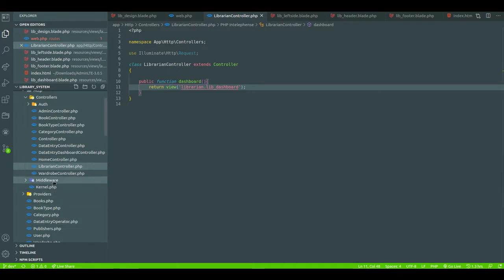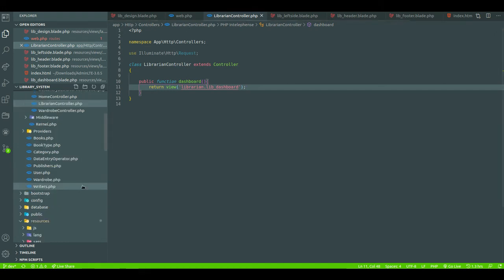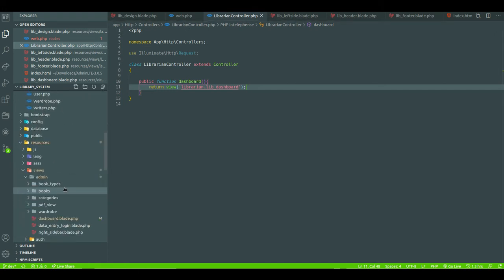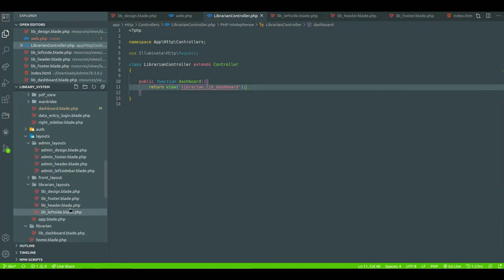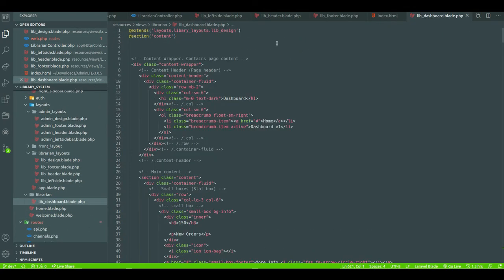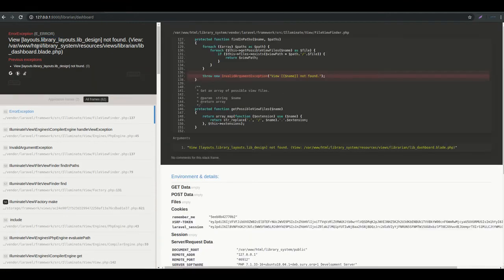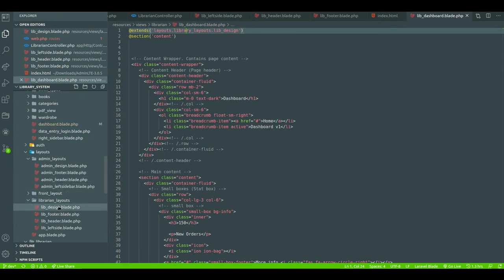It happens because library design is not getting found. So go to that dashboard, means library dashboard. Here I think we made a spelling mistake. Yeah, library should happen. Now it will check again layouts, library layouts.